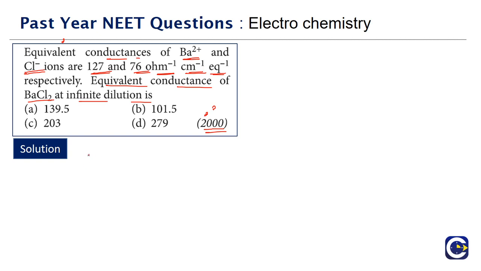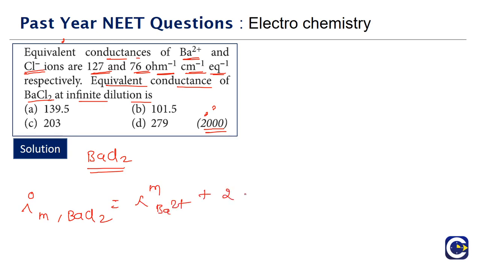See, for example, if you have simple BaCl2, whenever we look at the Kohlrausch law, we will keep talking in terms of the molar conductivities. So the limiting value of molar conductivity of BaCl2 will be equal to the molar conductivity of Ba2 plus ions plus 2 times the molar conductivity of Cl minus. Why? Because BaCl2 is going to give us 1 mole of Ba2 plus and 2 moles of Cl minus ions. This is the formula in terms of the molar conductivities. But in terms of the limiting equivalent conductivities,